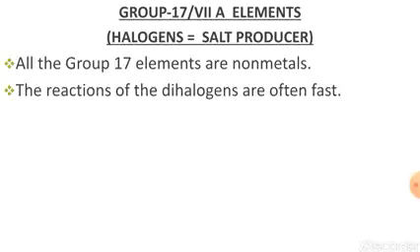Listen carefully. All the elements of halogens exist as diatomic covalent molecules. This is because molecules are held together by weak van der Waals forces, due to which they are volatile in nature. Again, volatile means tendency to form vapor. Now dear students, with increase in atomic size, that means down the group, as you know that number of shells increases, that's why atomic size increases. So these van der Waals forces increase from fluorine to iodine, and hence the change in physical state occurs from gases fluorine and chlorine to solid I2.